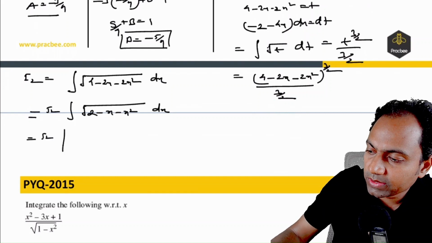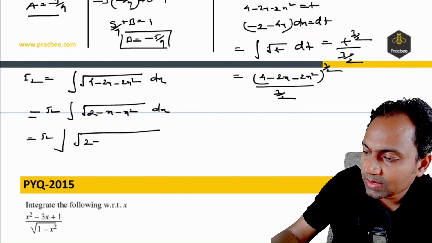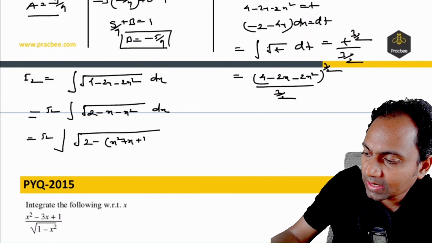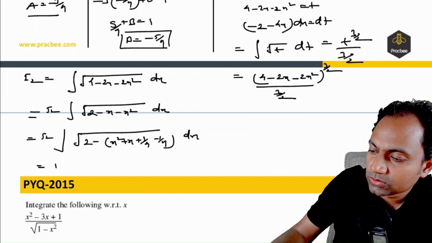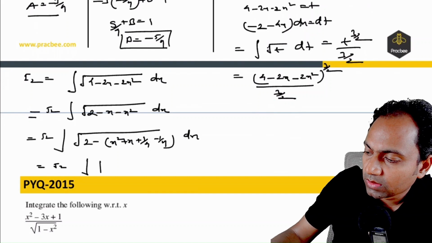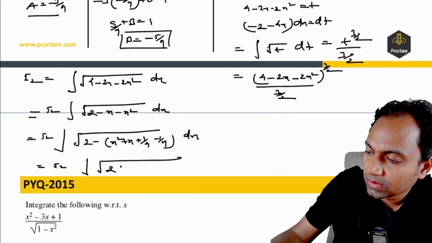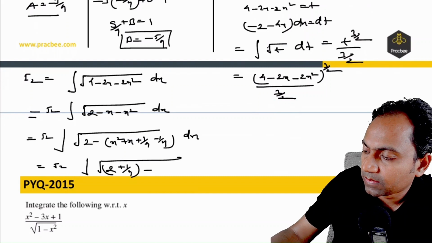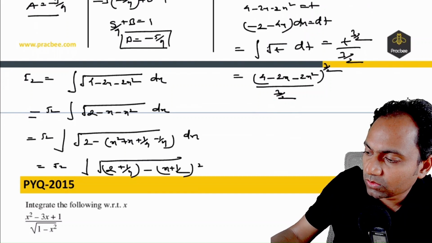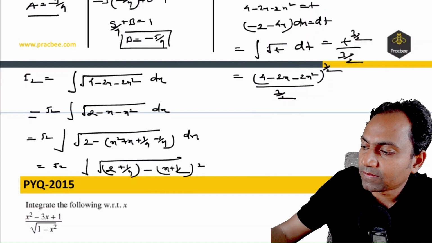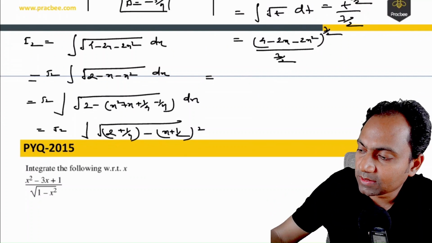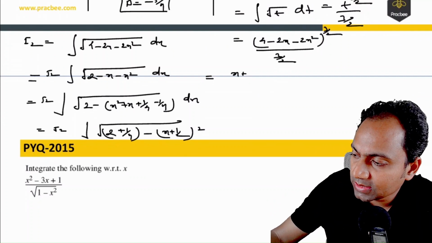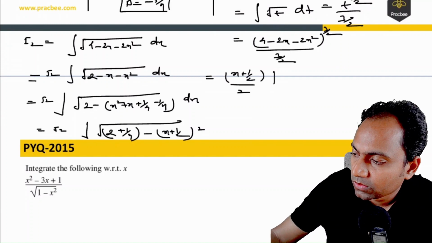Now what we can do here is take the minus sign common. So this is nothing but x square plus x. And now we can add and subtract 1 by 4 to create a perfect square out of it. So this becomes root 2 times the integration of root of (2 plus 1 by 4 minus (x plus 1 by 2) whole square). And now since we have got this, in the next step we can write the answer, because the formula for this is nothing but x by 2,